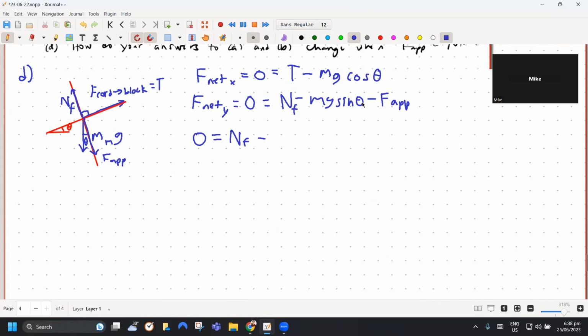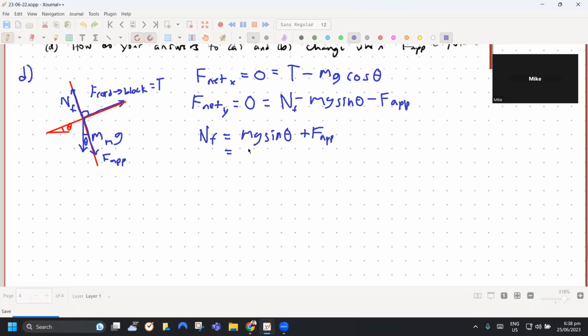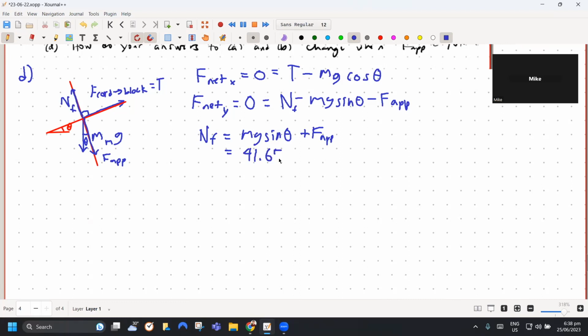Solve for normal force. Huwag ka muna mag-substitute. F is equal to, so 8.5 times 9.8 times